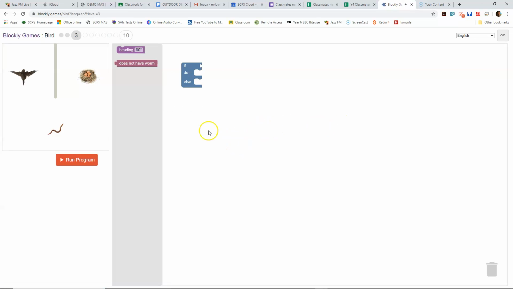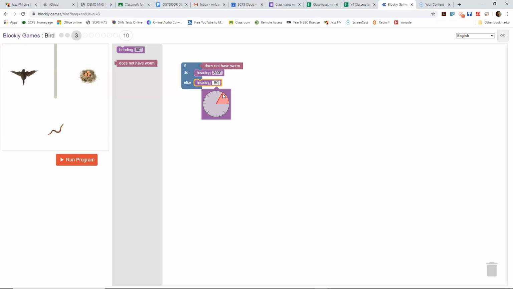So now she's got to go down somehow, get the worm, and then go up. Now, we could take her down here and turn right and do that, but I think we can just have a heading that goes straight to the worm. We've got to get around this object. So if she doesn't have the worm, I want her to go about something like that. Maybe that one. 300 degrees looks about right. And then if she does have it, I want her to go that way. So the heading needs to be something like that